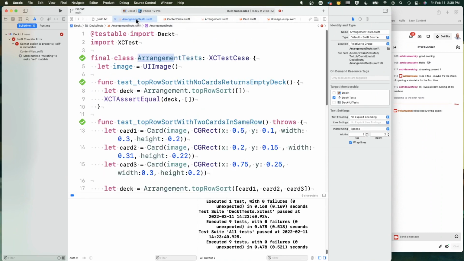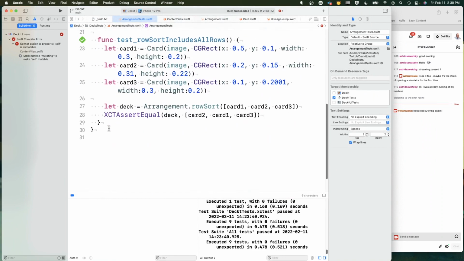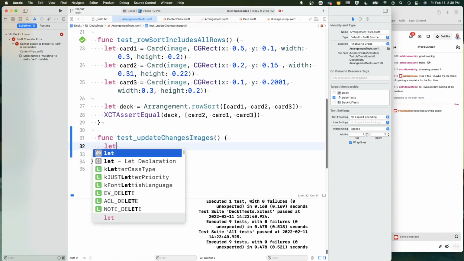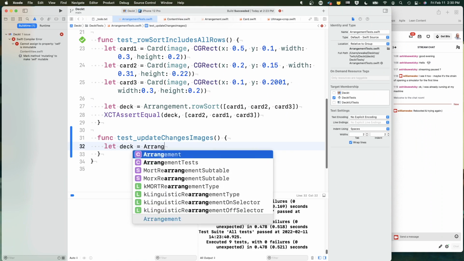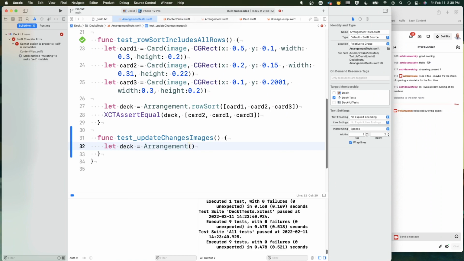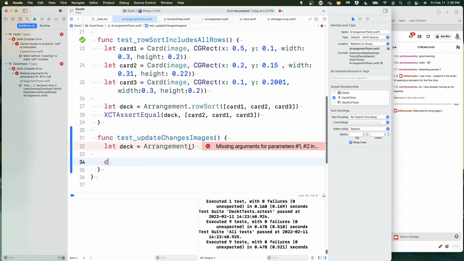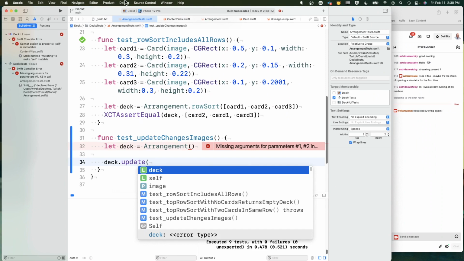I'm getting myself tangled, as you can tell. If you create an arrangement, so let's make a test: update changes images. All right, so we're going to let dec equal arrangement. Let's start out empty, which will complain the way it is now. And then I want to say dec.update with an image,